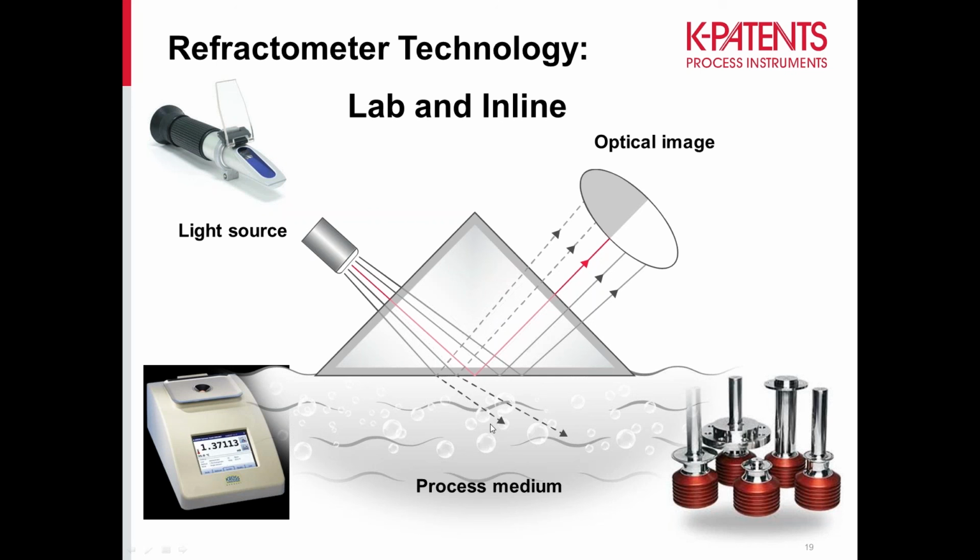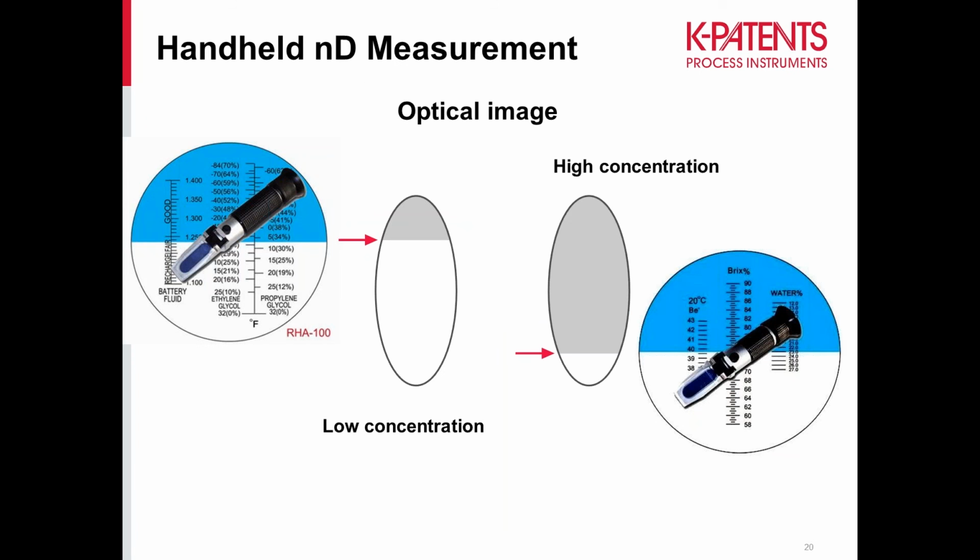So if you look into a handheld meter, this is what you see. You, as an operator, need to look through this eyepiece and put a couple of drops of sample onto this window. You will see this blue line between light and dark, and then try to determine where that line falls on a scale. In this particular case, I have a scale for battery fluid, or even ethylene or propylene glycol. So it'll give you a concentration measurement as you look through the viewfinder. And less light is a higher concentration,